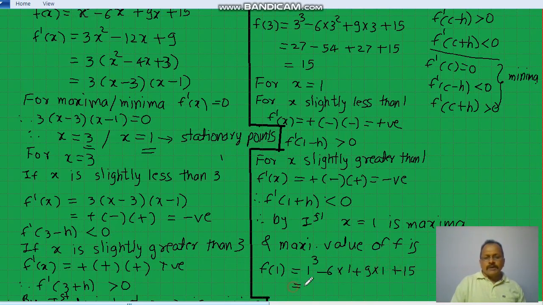This is equal to 1 plus 9 is 10, 10 minus 6 is 4, 4 plus 15 is 19, and therefore